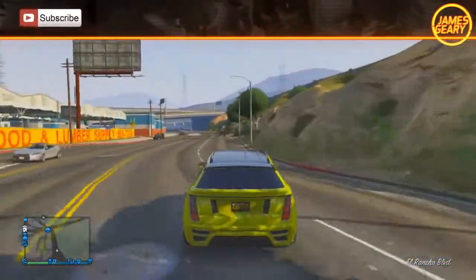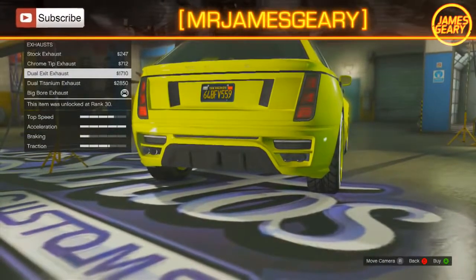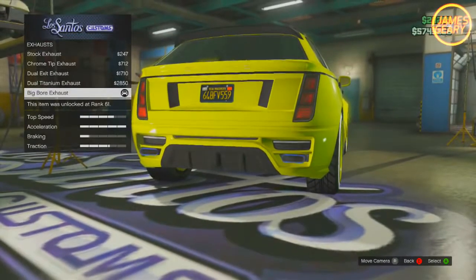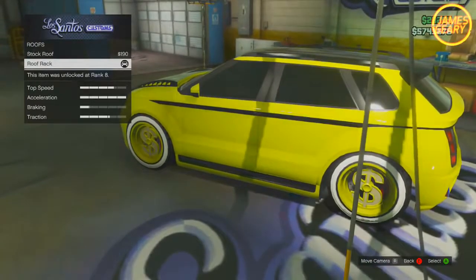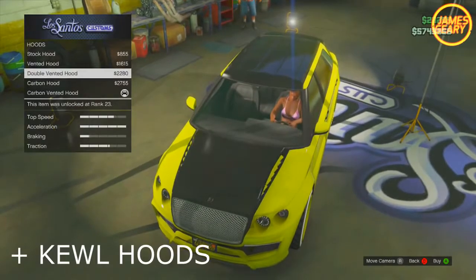When it comes to customization options, this car has it all. You can get a chrome tip exhaust, a dual exit exhaust, a dual titanium exhaust, or the big bore exhaust, which is my favorite. Not as big though as it is on the Zentorno. The other option it has is the ability to add a roof rack. Big deal. No, but seriously, that's really all this car has. Not too many customization options, some cool facts about it and some little tips, but that's really about it for